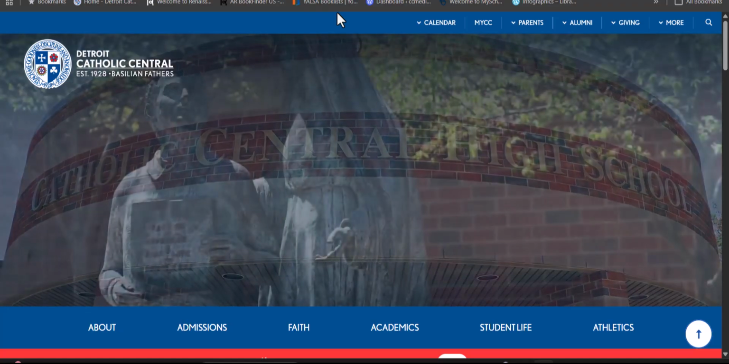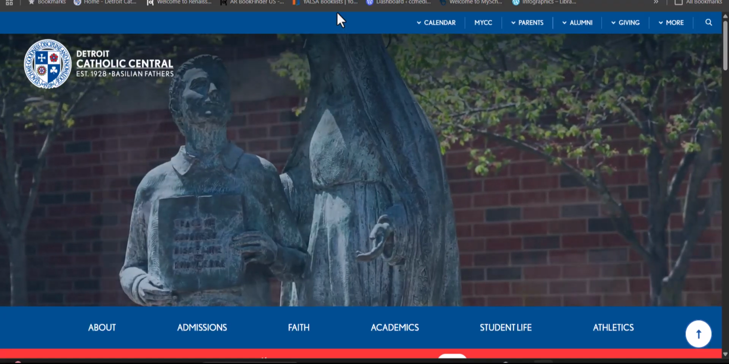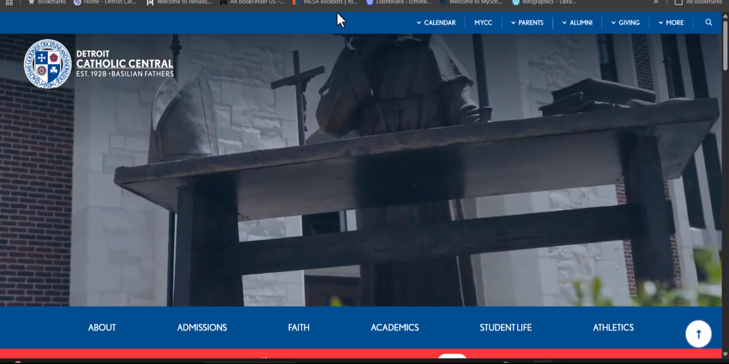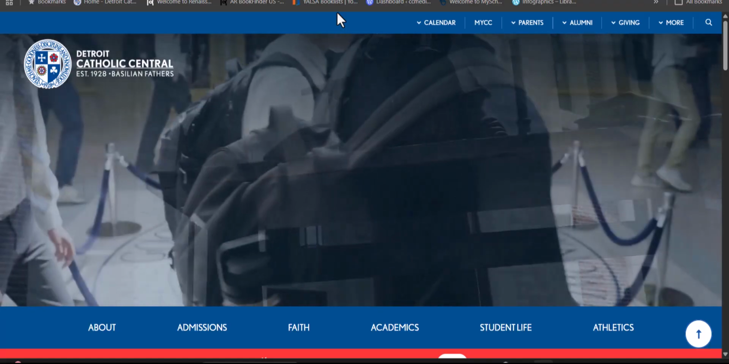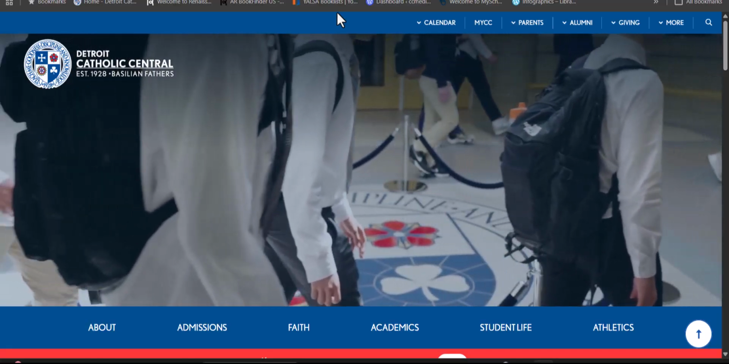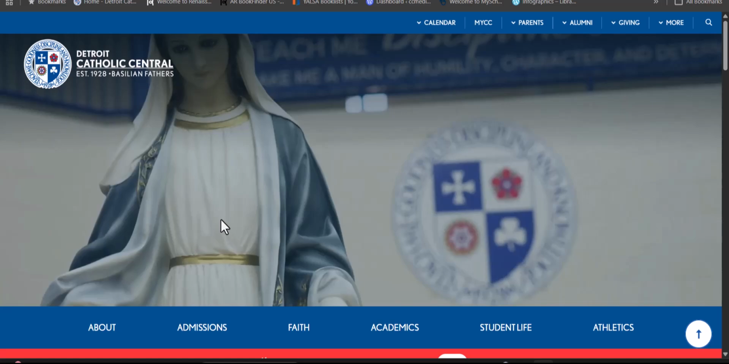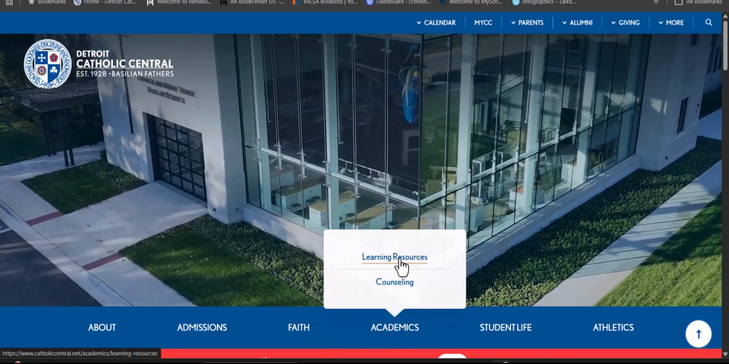So first off, how do you get to the library resources? We're going to begin at the main Catholic Central homepage, so that's www.catholicentral.net, not MyCC. From there, you're going to navigate to the academic tab, and then click where it says Learning